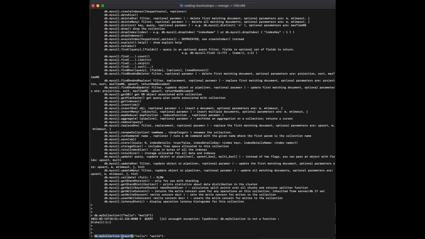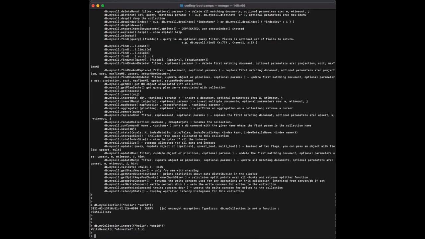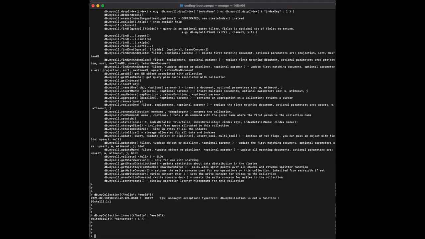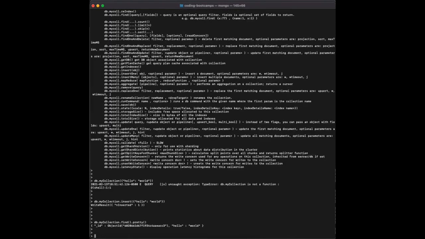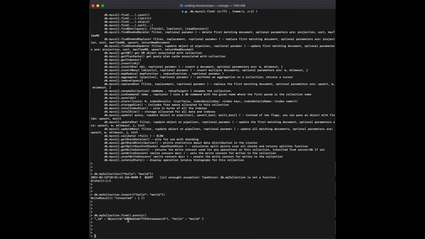db.the name of our collection.insert. Inserted. Now let's check to see what data is there. We have our data. We have a unique ID for this document, and we have the data key, hello, and